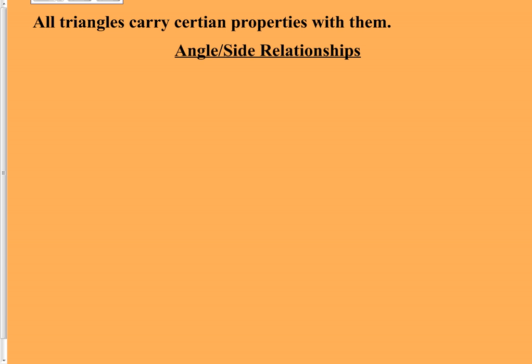relationships. Now, we kind of hinted at it yesterday, or the last time that we talked, that there was a relationship that connected information about the sides of a triangle and information about the angles of a triangle. Actually, there's a lot of mathematical information that does connect them and several formulas that do connect them mathematically, but today we're just looking at a general relationship. And that relationship says in any triangle,